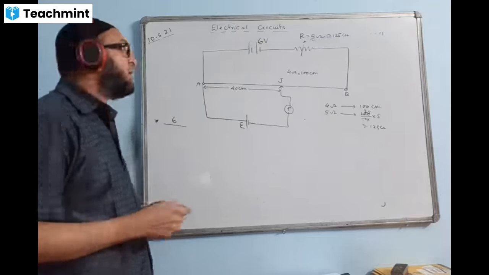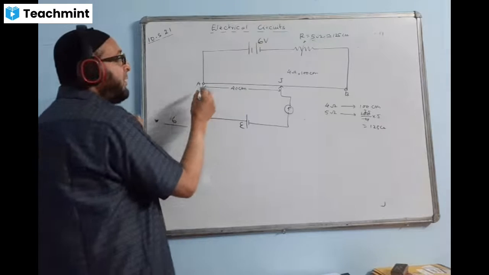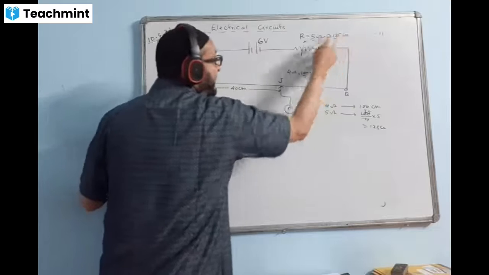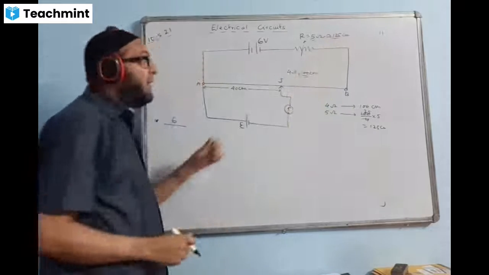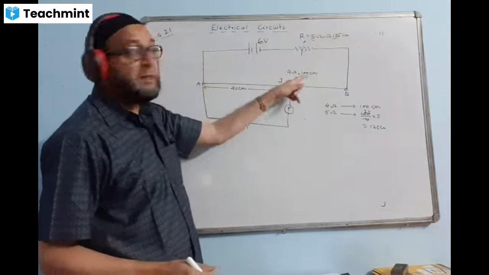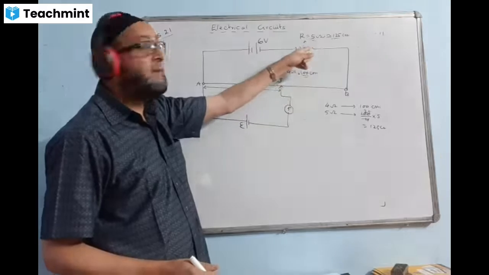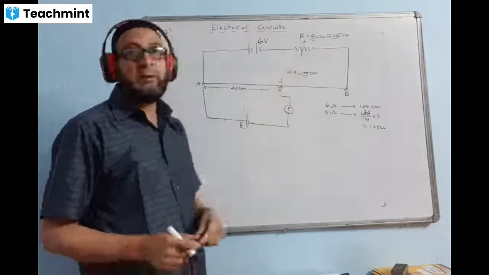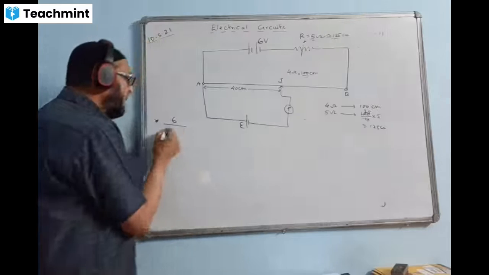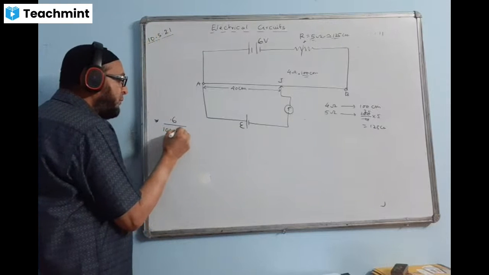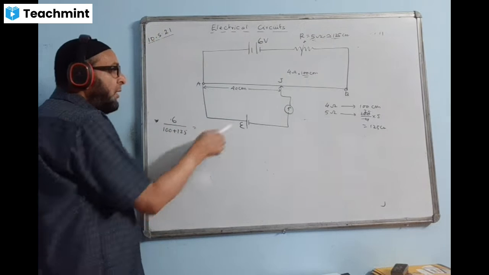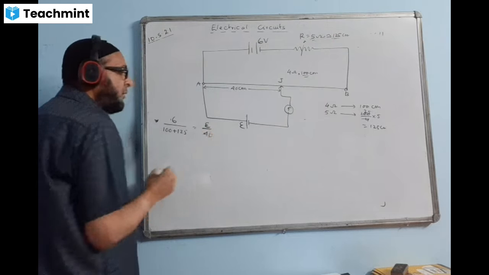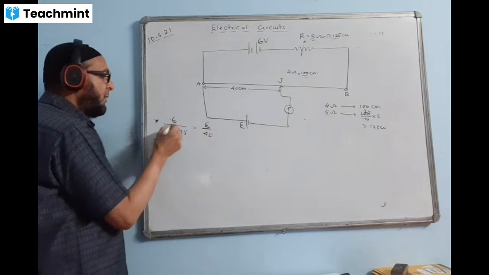So we'll do the lengthwise. 6 upon, what is the total length? The 6 volt is connected across 100 here and 125 here. We'll take both of them into consideration. If this is not there, we will take only this. But this is also there, we have to convert into length and then add this length and that length together. 100 plus 125, equal to this EMF is E and is connected across what length? Only 40. Now you calculate the answer.